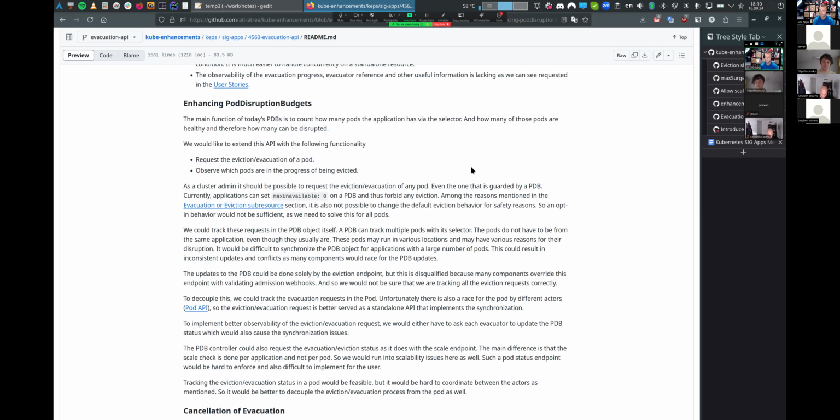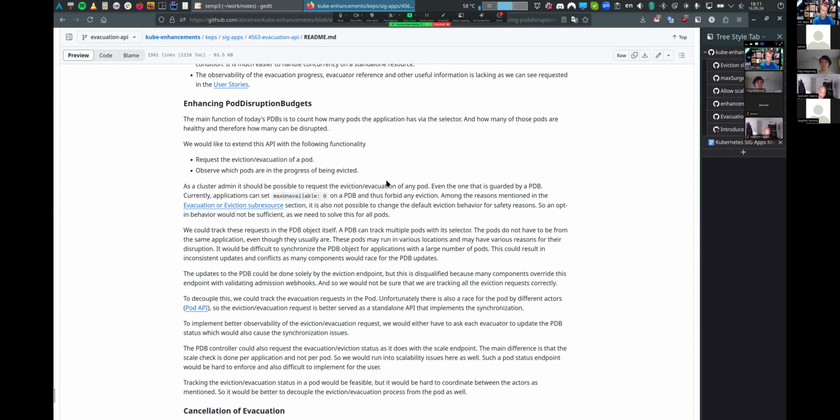one of the alternatives, instead of introducing a new API, is to actually have, when you make an eviction, consult other services. So we could have, for example, some set of URLs which we would contact before we make the decision for the eviction. And this could tell us, or could change the information about, how many pods are healthy and how many are not, and how many pods we can actually evict.